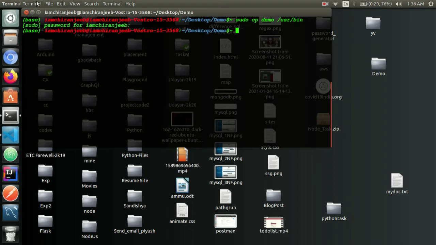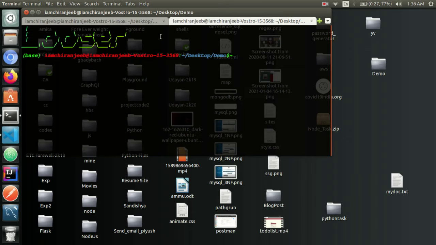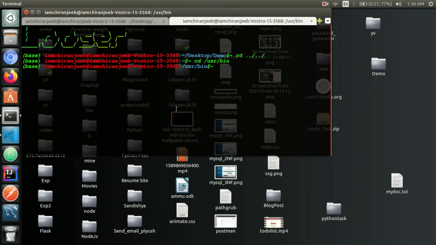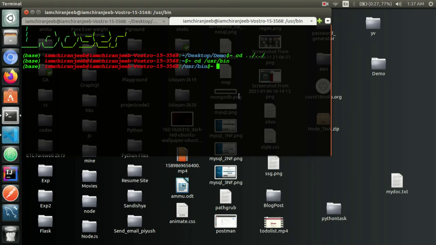For that I will open another terminal and I will move to the /usr/bin folder. So now we are in the /usr/bin folder and I will check whether this demo executable script is in this folder or not.